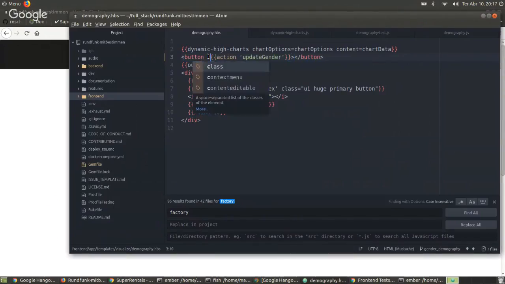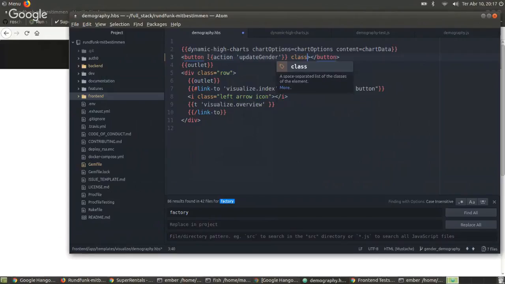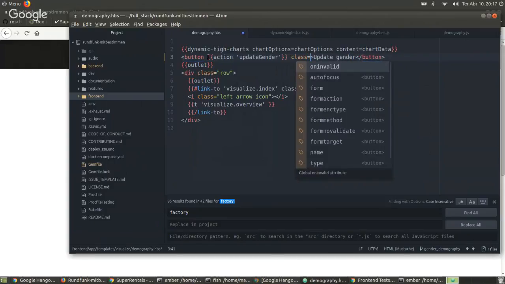Class. So it said a class, give it a class. Location of the gender. Yes, actually the gender. Yeah, and then